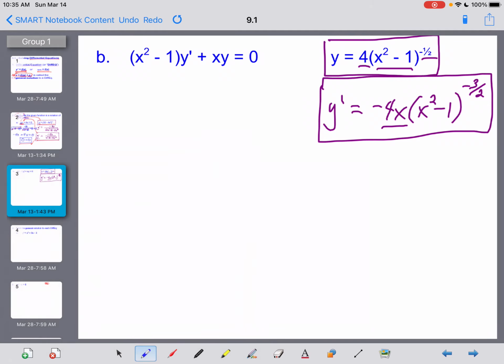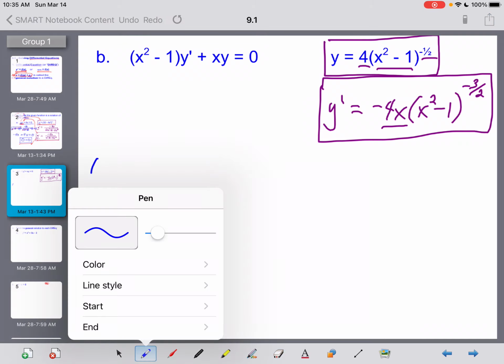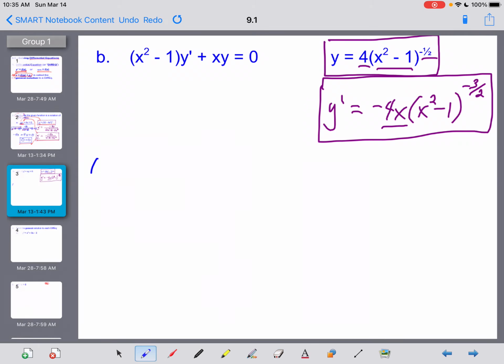Now, if you haven't noticed, and I think I said this in passing before, our goal here really is to try to replace all of the y's and the y primes and get everything here in terms of x. So that is going to leave us with,